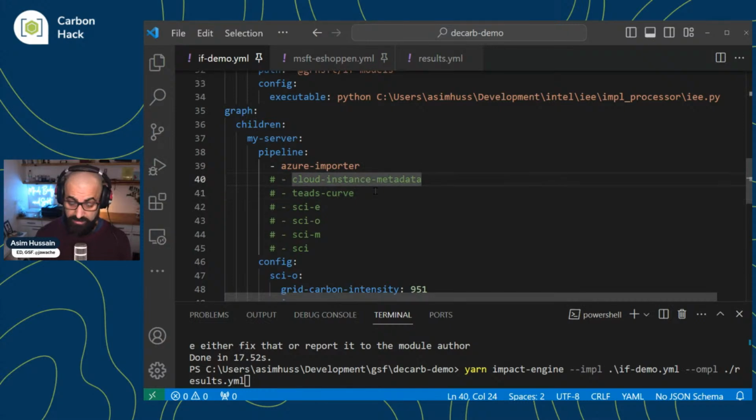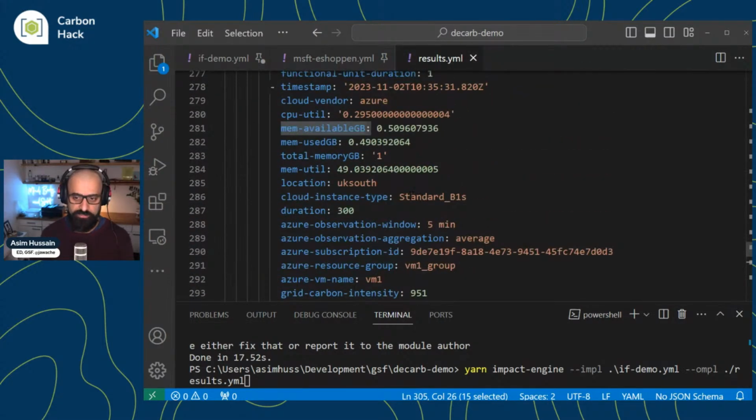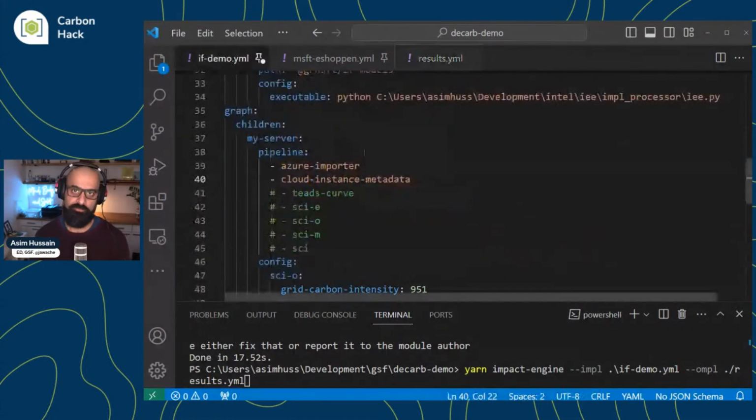Now, a couple of things I need to do. I've got an instance type. What is that? What is standard? This is a question. When you actually start computing this stuff, all you know from a cloud provider is Standard B1S. What is that? What CPU is running underneath it? You need to know that information in order to convert it into carbon. So that's what cloud instance metadata does. It returns that cloud instance metadata. This is something that we've been maintaining because it's stunningly hard to find a database of this information. So we decided we're going to maintain this ourselves. So that's another way you can contribute to the hackathon: we only have data here for Azure. We need data here for all the clouds.